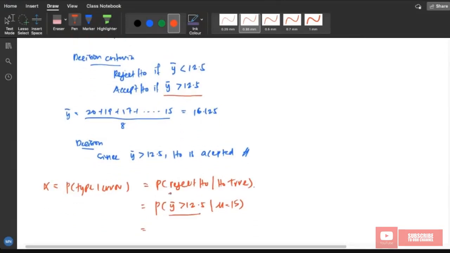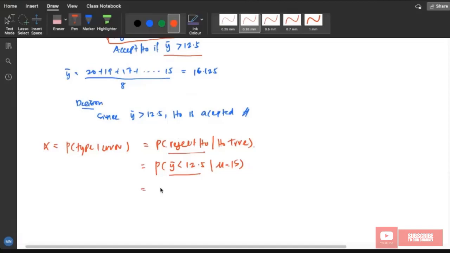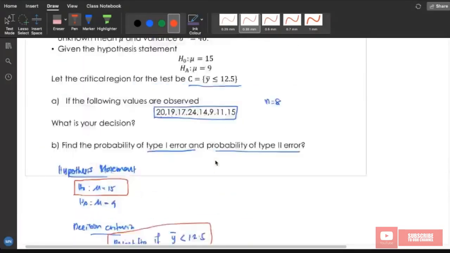We reject the null hypothesis when y bar is less than 12.5. So it should be less than 12.5. So just plug in the value into the Z distribution. Z less than 12.5 minus 15 divided by our sigma,